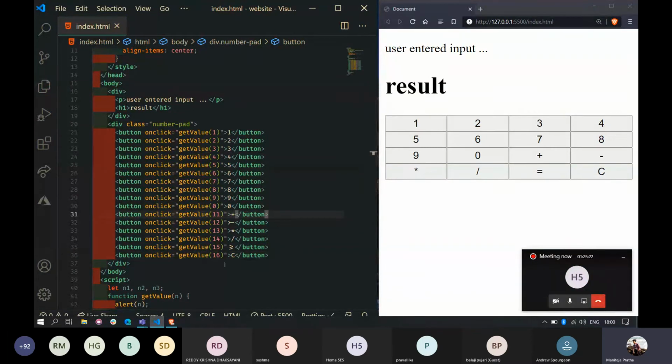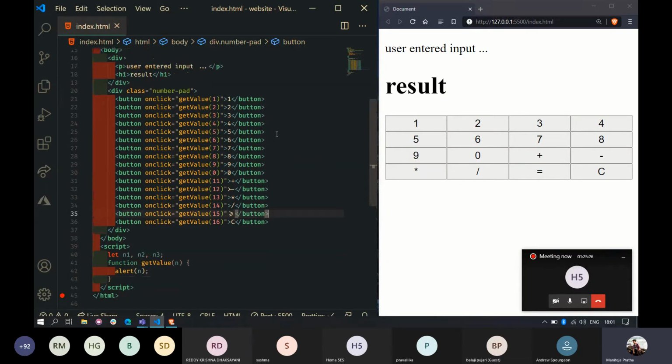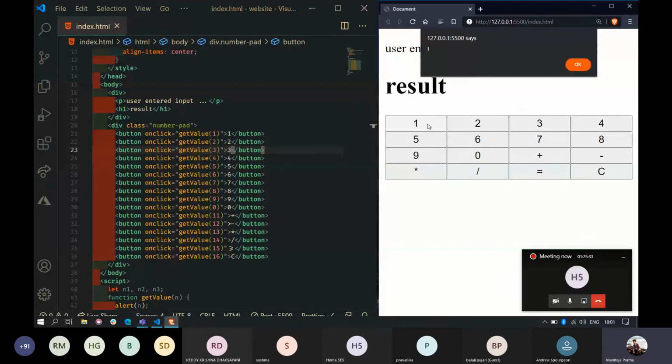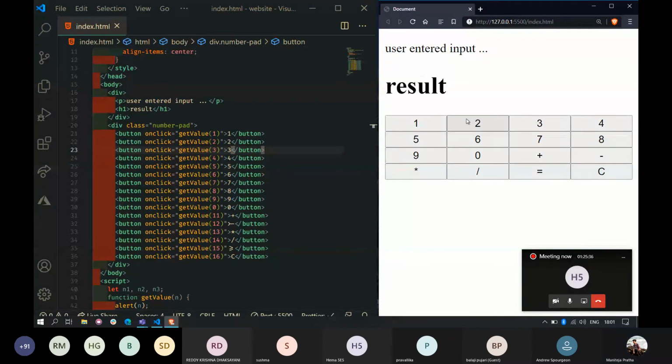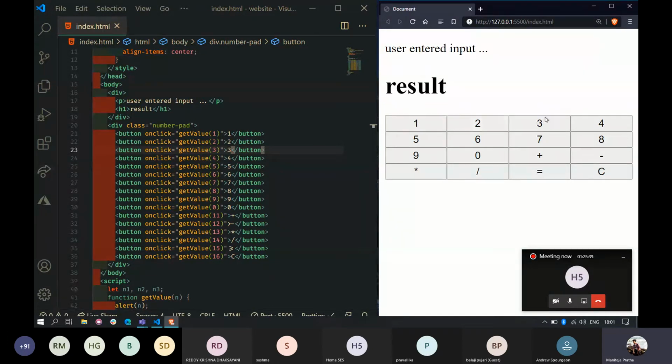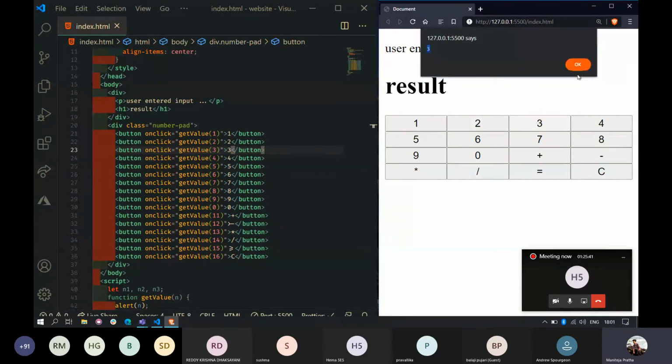Guys, is it clear what I have done now? I attached on-click listeners to all buttons. So whenever the user clicks this one, let's check. What is the alert that we got? 1. So 2. What is the alert value we got? 2. 3. 3. Equal to is 15. Clear is 16.